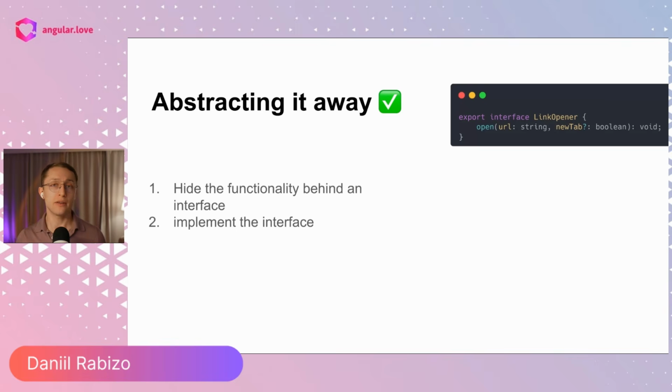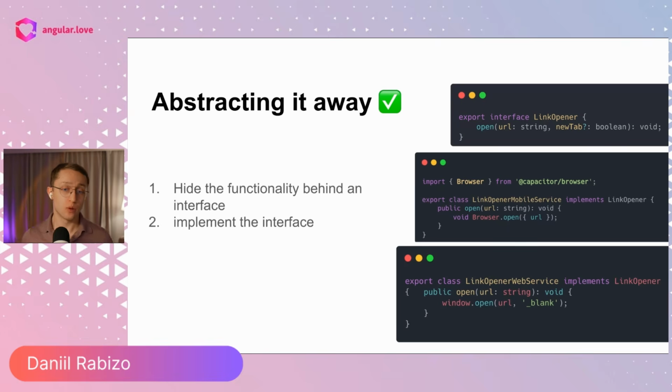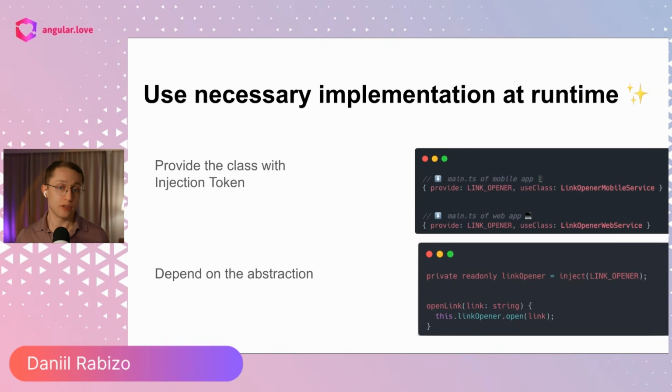and create two separate implementations of this interface, one for mobile and one for web. So the one for web just calls the already known window open, which opens a new tab. And for the mobile device, we create a separate implementation which opens the in-app browser, completely separate logic. And in order to call this logic correctly from the shared feature, we can provide a necessary service with the